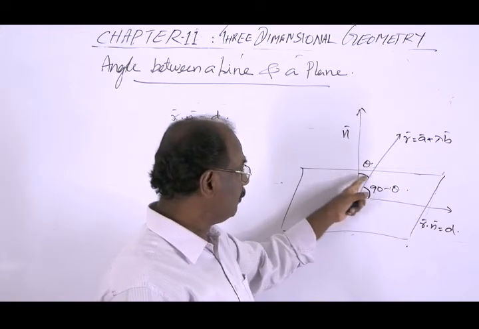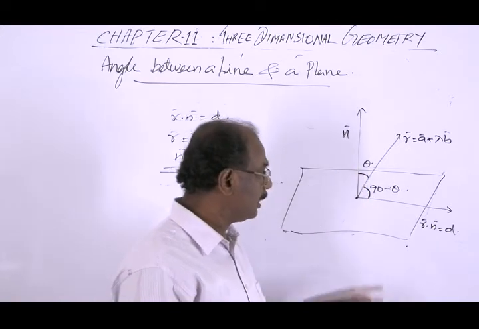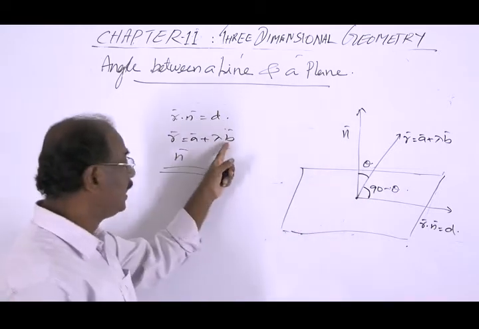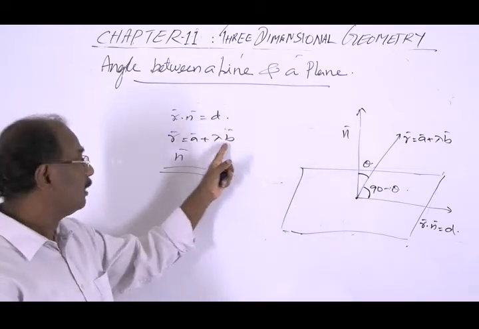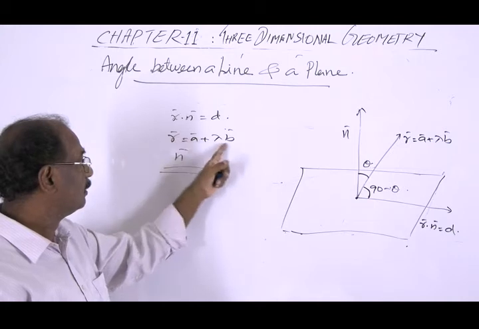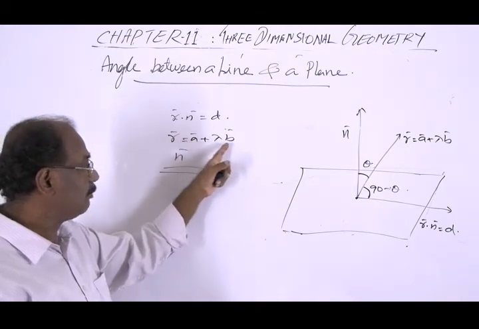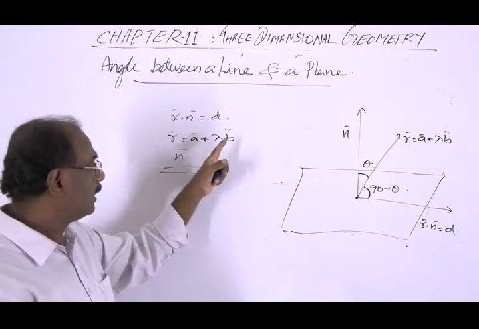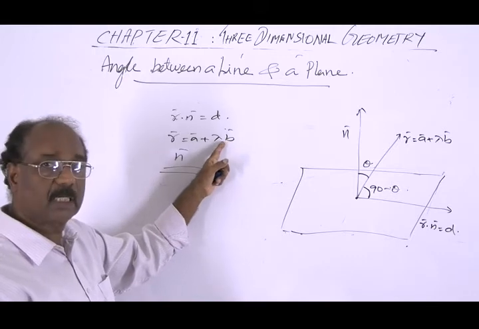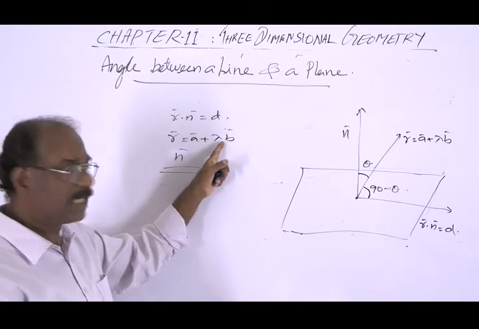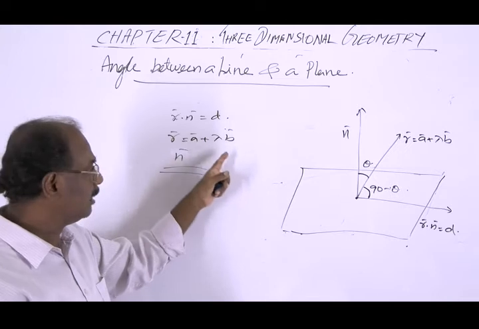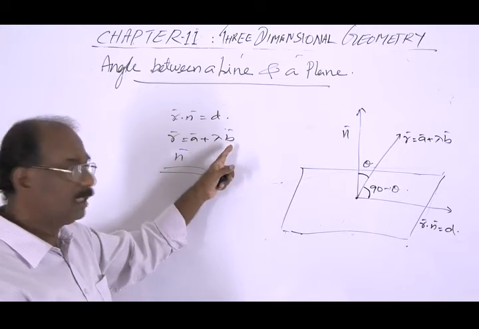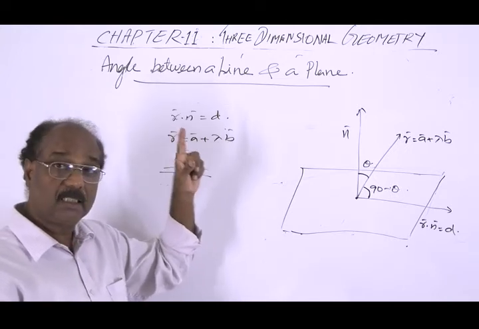Angle between the normal and the line is same as the angle between normal and B, because R equal to A plus lambda B is the equation of the line, and that line is parallel to the vector B. And therefore angle between the line and the normal is same as angle between B and the